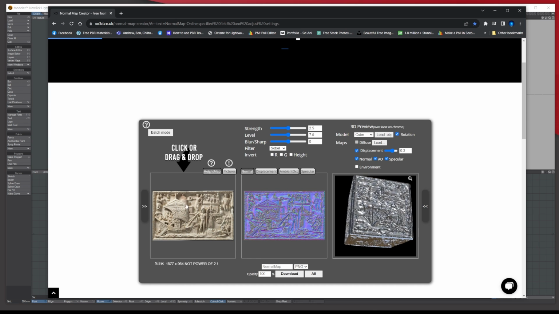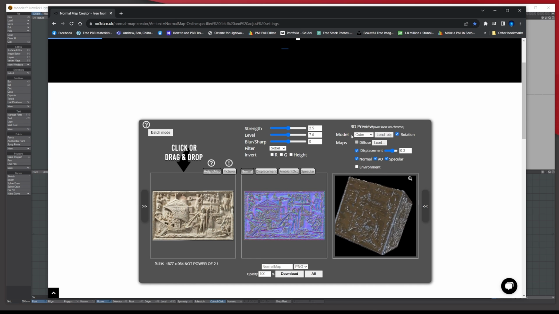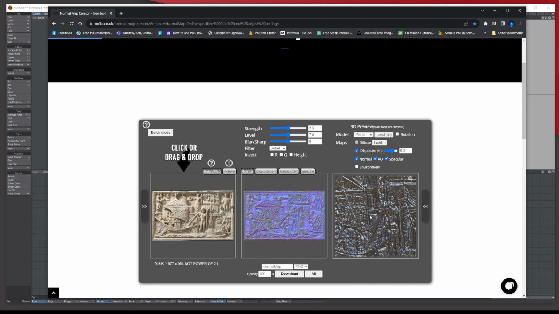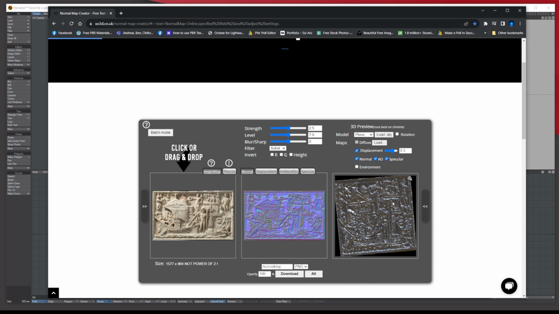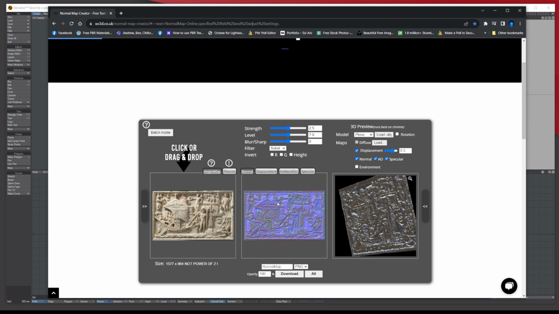So here's the actual original, here's the normal map it's trying to create, and here's what it looks like. So let's create it here from the models. I'm just going to tell it to be a plane. You can upload your own models if you want. I've unticked rotation because I don't want it to rotate. I just want to actually see it, and you can zoom in. I'm using my middle mouse button to zoom in, and obviously it's square, which is fine because it'll stretch it out, and then this gives you what you've got here.